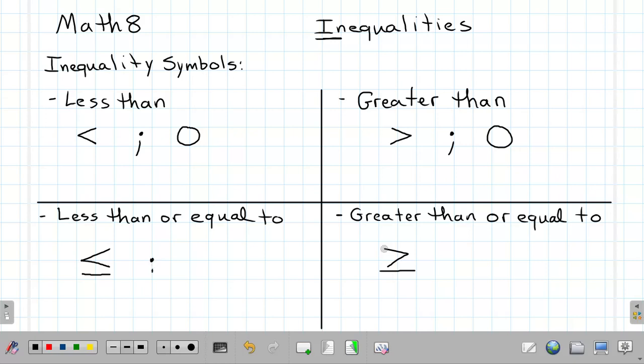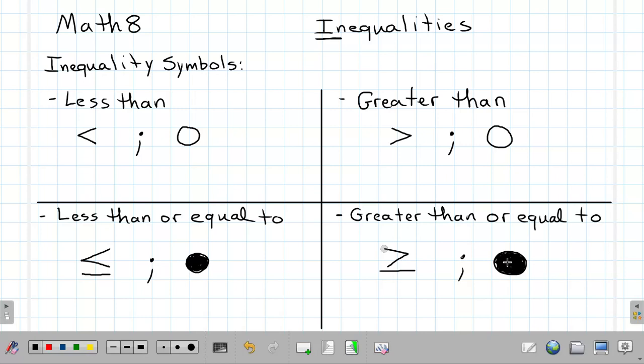But at the same time, if it's less than or equal to or greater than or equal to, then we actually use a closed circle, meaning it's a circle that's filled in. Okay, and this is what we call a closed circle. The way I like to describe it is if you've ever taken a test where you've had to